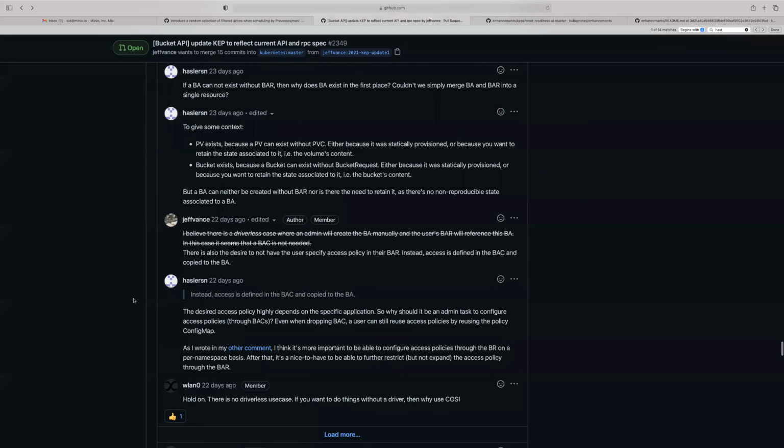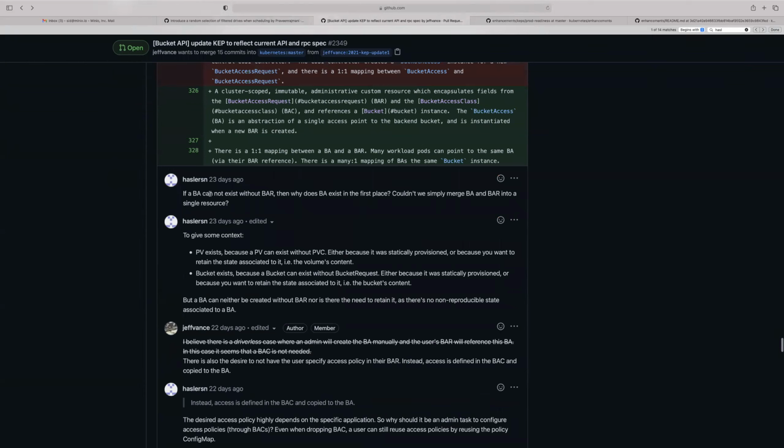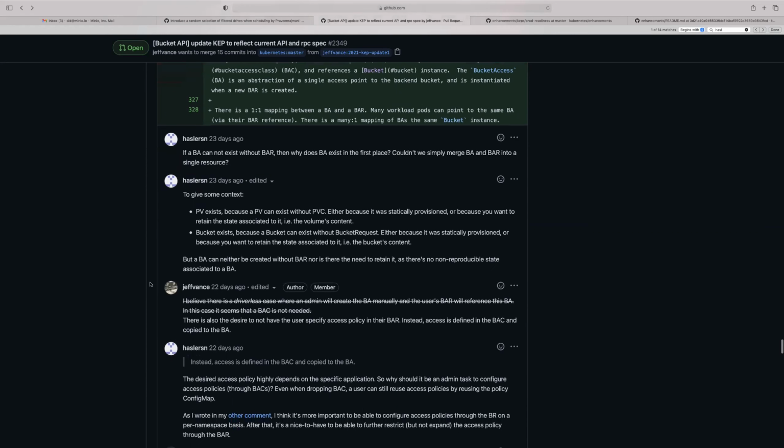So what was this question about? If BA cannot exist without BAR, then why does BA exist in the first place? Couldn't you just simply merge BA and BAR into a single resource? Yeah, it's because we want to separate the actual secret from the request for it. PV exists because PV can exist without PVC, either because it's statically provisioned or because you want it to. Bucket exists because bucket can exist without a bucket request, either because it's statically provisioned or because you want it to. BA can neither be created without a BAR, nor is there a need to retain it, as there's no reproducible state associated to BA. I see what he's saying, but we want to do this in order to